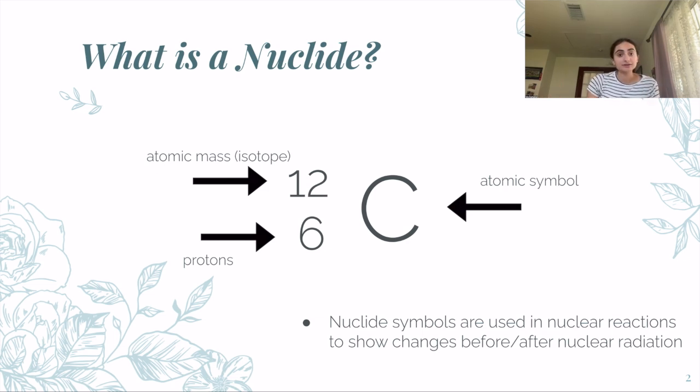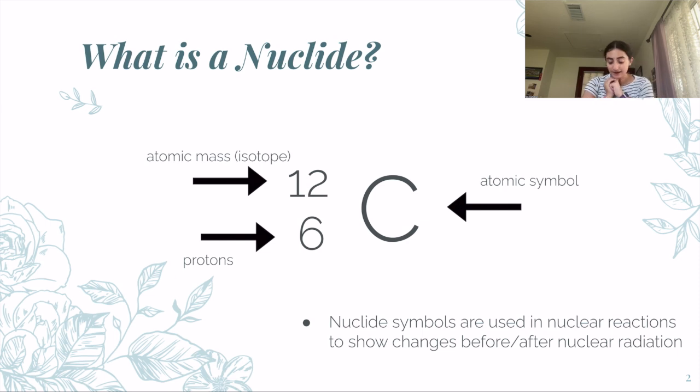On the right side, we have the atomic symbol. So carbon is C, that's why I have that here. And then on the left side, we have two numbers. On the top is the atomic mass of that isotope. So carbon 12 has an atomic mass of 12 atomic mass units. And then on the bottom is the number of protons. So carbon has 6 protons. So this kind of gives you all the information you need to know about an isotope when it's undergoing nuclear